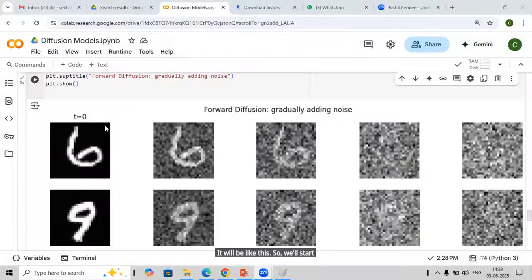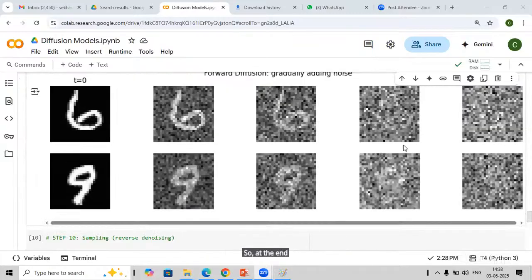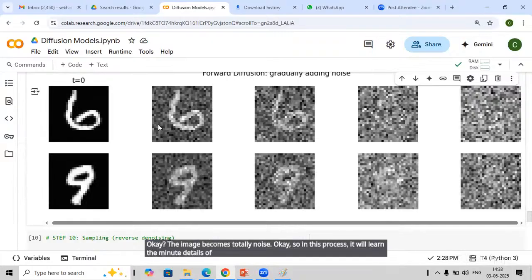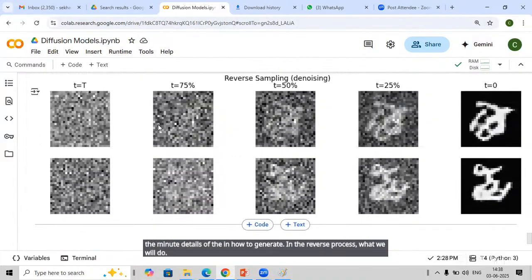It will be like this. We start from a clean image, and slowly, gradually, we add noise. At the end, after various steps, like 1,000 steps, the image becomes totally noise. In this process, it will learn the minute details of the image, how to generate it. In the reverse process, we will start from the noise,